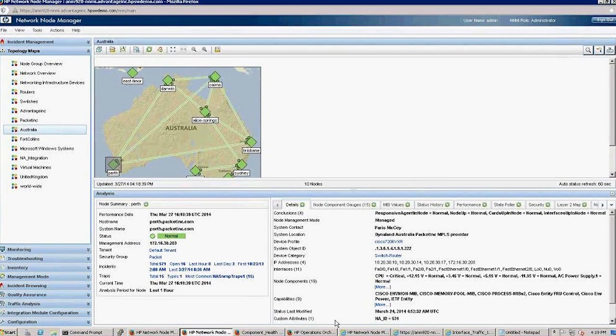Now, an example of associating a custom attribute, in this case NAID 531, could be because I wanted to group every device which has a custom attribute of 531 into the group called Australia. So I'm using that custom attribute so that I can group. There could be various reasons that you might want to provide a custom attribute, but the overall